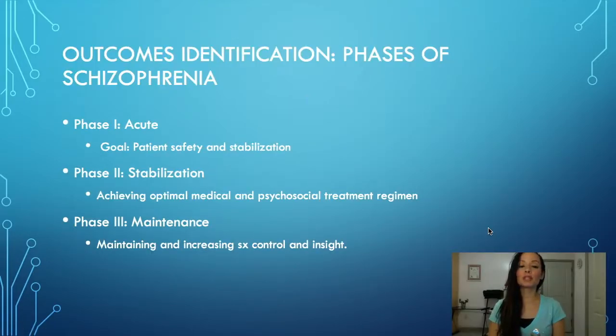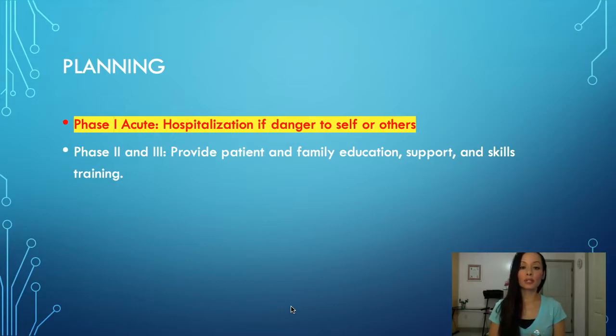Outcomes, identification, and phases of schizophrenia. If you work in a hospital, you're going to see them in the acute phase. If they are a danger to themselves or others, then in Florida, we Baker Act them. Basically, that's an involuntary hold. I'm sure other states also have involuntary holds, and the initial one is up to 72 hours, the BA52, and the 32 is the one where if after 72 hours this person is still deemed mentally incompetent and unsafe to release, then they have to go to court where a second opinion, another psychiatrist basically says, yes, this person does need to stay hospitalized involuntarily, and then the judge has to agree, and the second psychiatrist, and the main